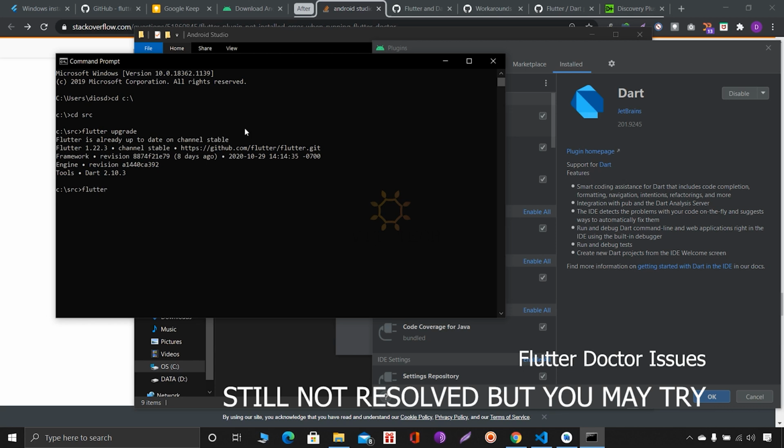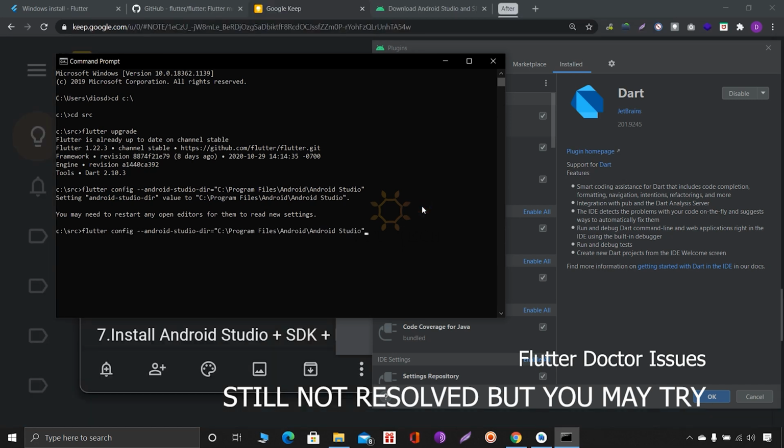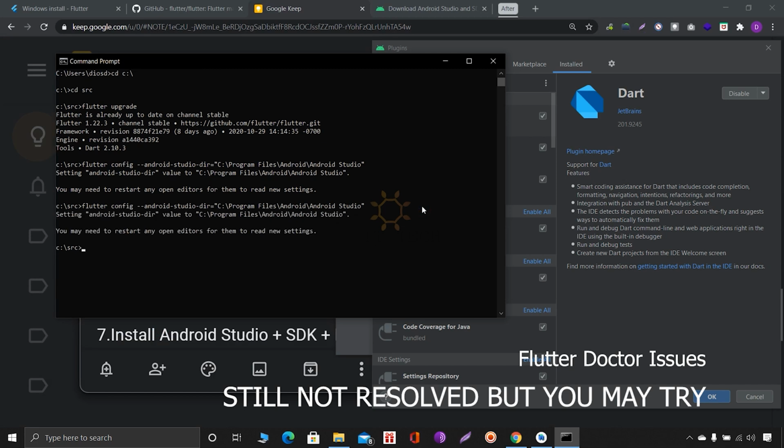So next we will run this command again. Next, flutter doctor we have to run, not this one.